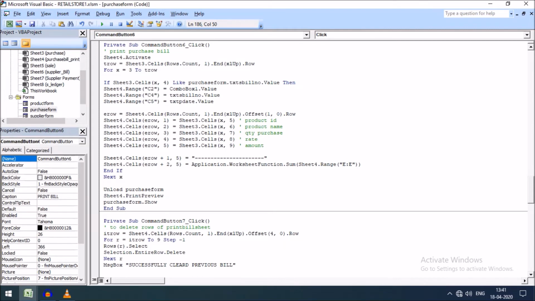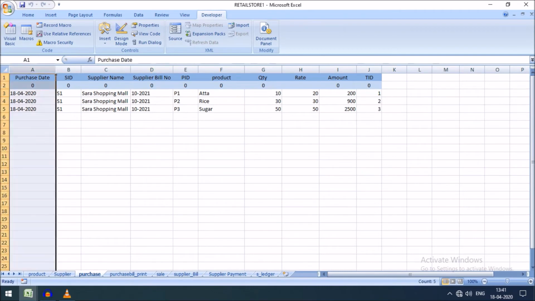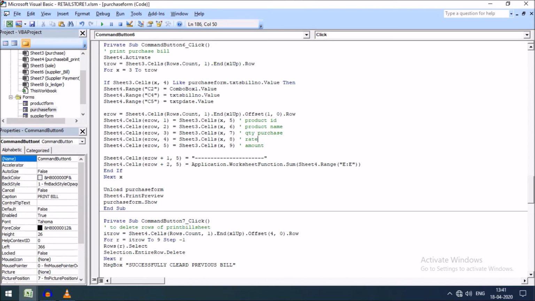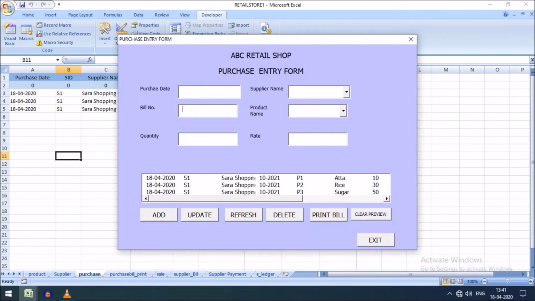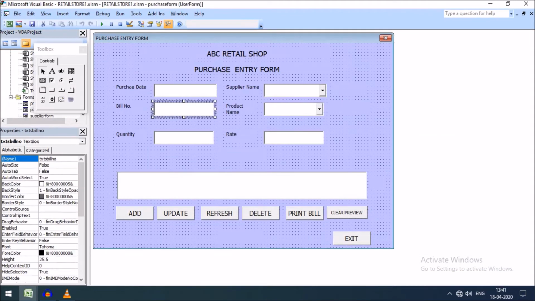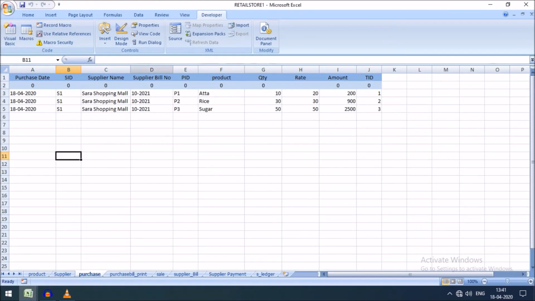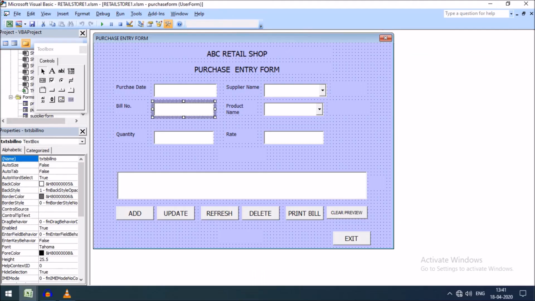If this matches purchase form dot text bill number dot value, that means this bill number here. This is the text bill number. If the bill number of the text bill number text box matches with the bill number of this section, so here I have written this code.